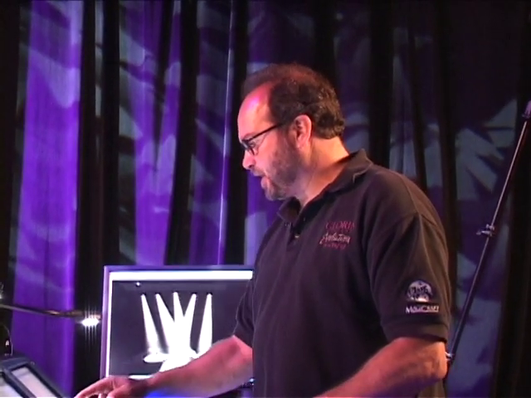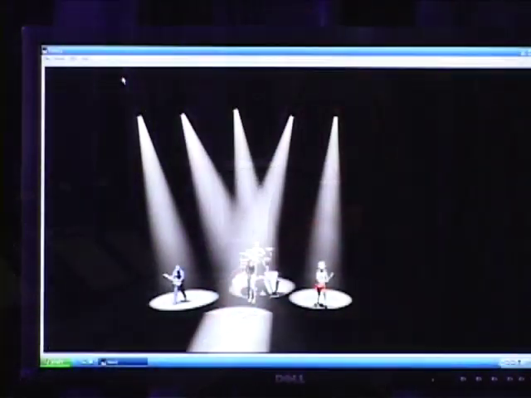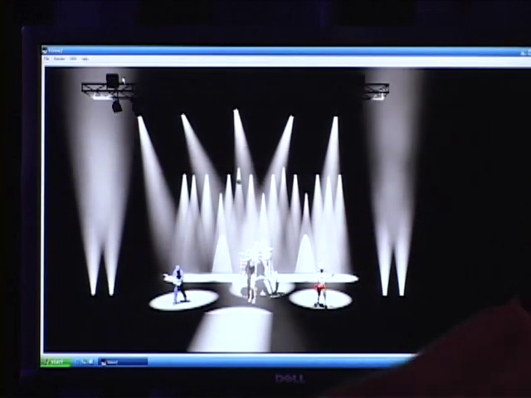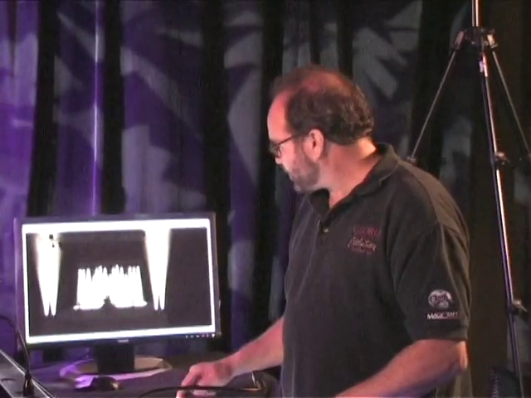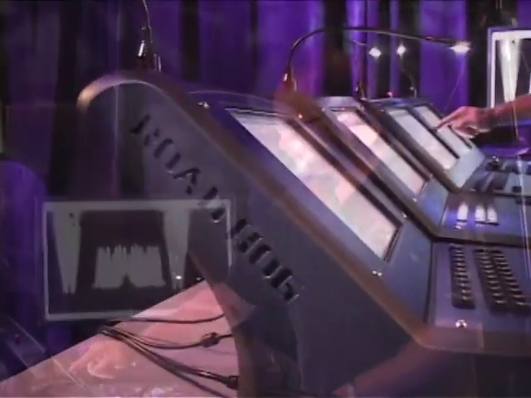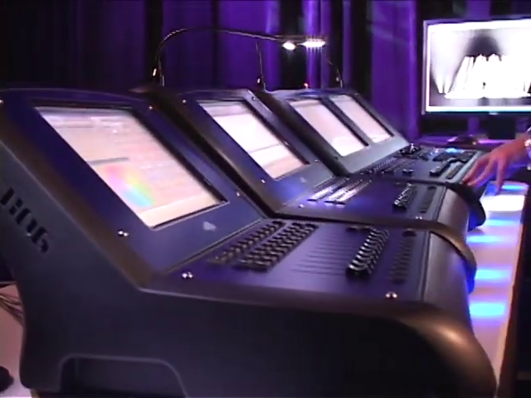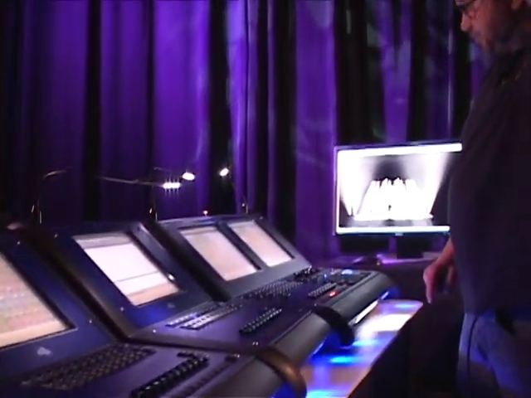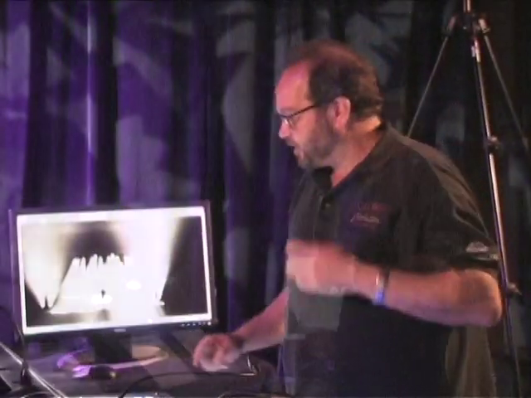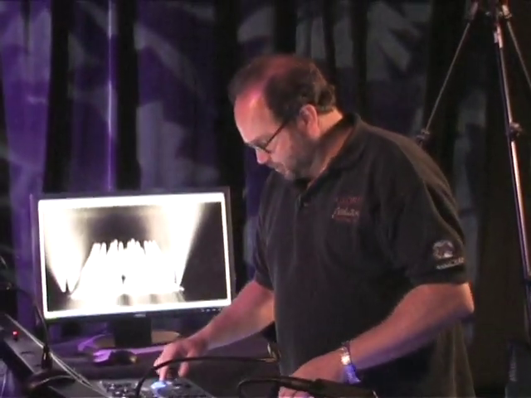So instead, I'm going to take all the other lights that I have behind there, and I'm going to take the front beams off for a second so we can see the other ones, and I'm going to put them in a straight focus. Then the easiest effect, because every console in the world